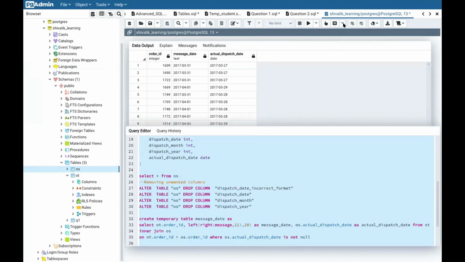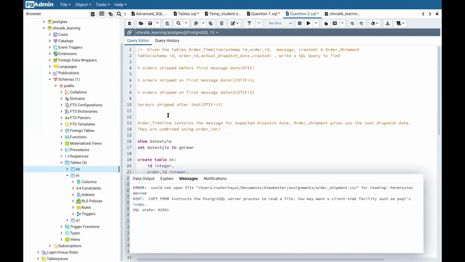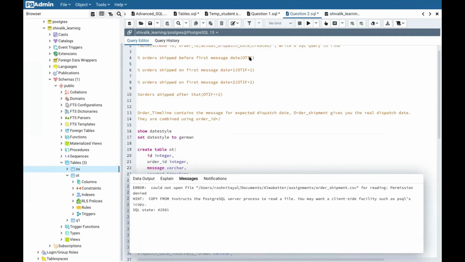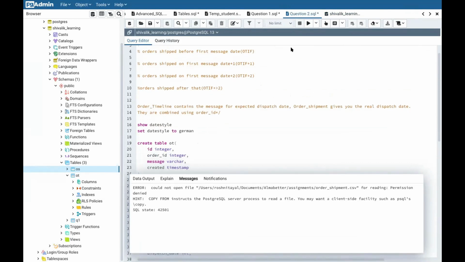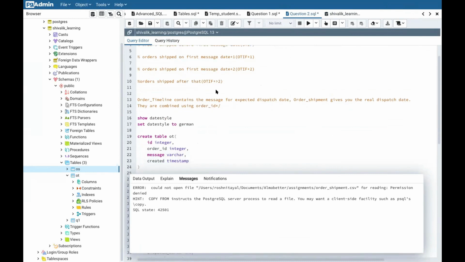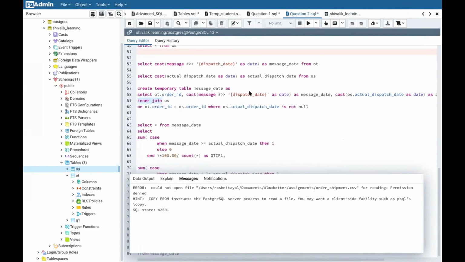Now let's find the answers to the questions that we have. Orders shipped before first message date, orders shipped on first message date plus 1, orders shipped on first message date plus 2, and orders shipped after that, greater than 2. So for that, what we will do is